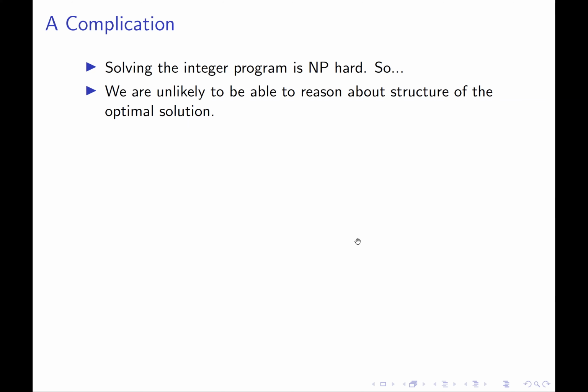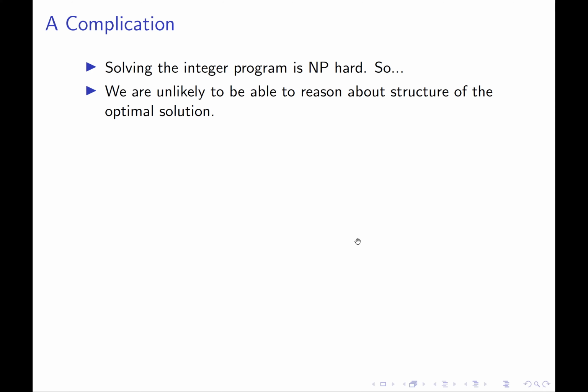And as a general rule of thumb, the optimal solutions to NP-hard optimization problems just don't have any nice structure. This isn't quite a theorem, but if optimal solutions had nice structure, then we could come up with algorithms for finding them. And there are no good algorithms for solving NP-hard problems. So as a general rule of thumb, it's also very hard to find any structure in the solutions to NP-hard optimization problems. And so this is going to be a problem for us, and is generally a problem that you have to overcome when you want to come up with an approximation algorithm.